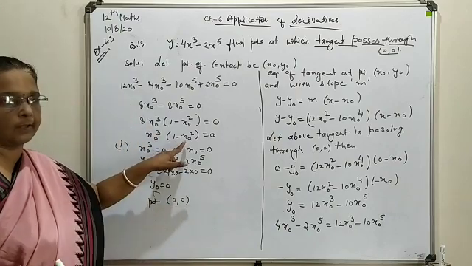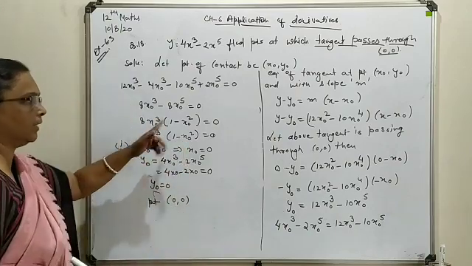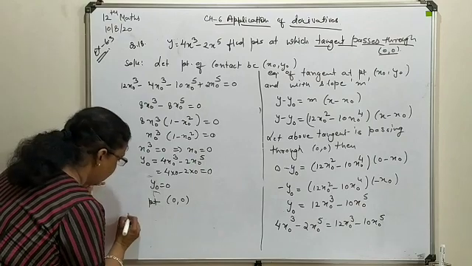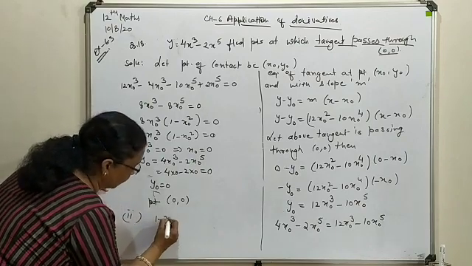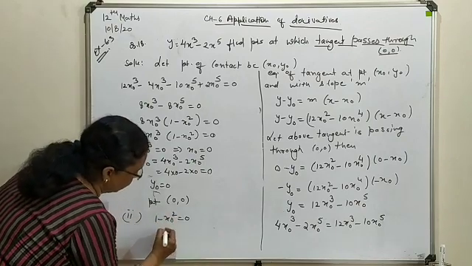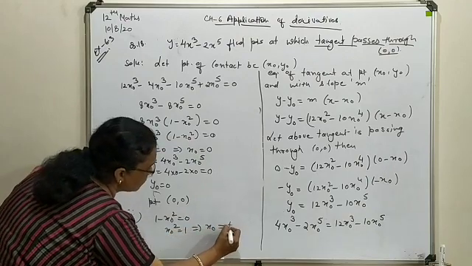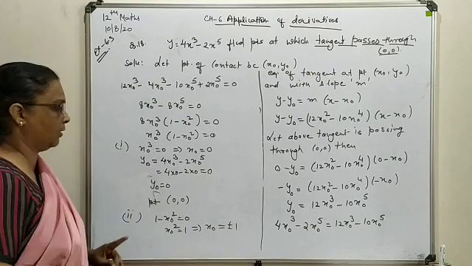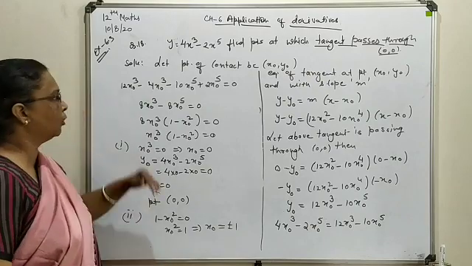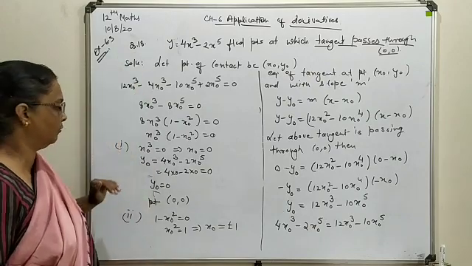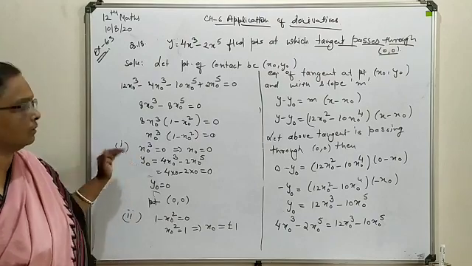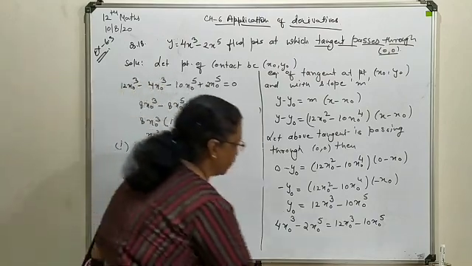Now move towards the second factor, that is 1 minus x0 squared. So your second factor is 1 minus x0 squared equal to 0. x0 square is equal to 1. This will give you two solutions regarding x0, plus 1 and minus 1. Now both we are going to substitute in equation of curve, that will give you the another pair of solution.